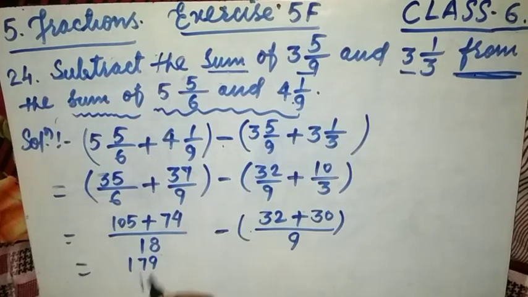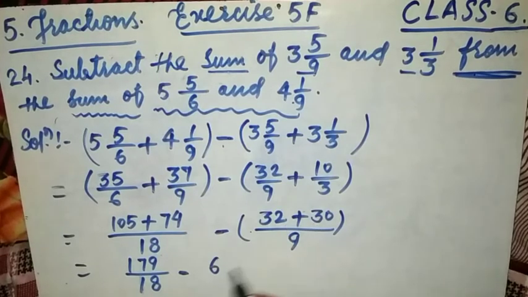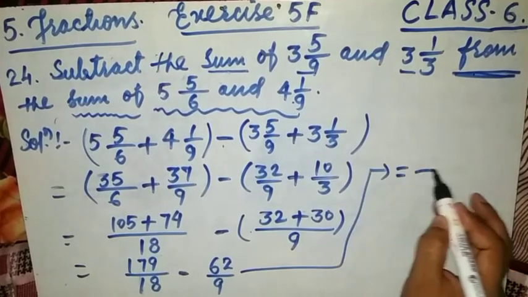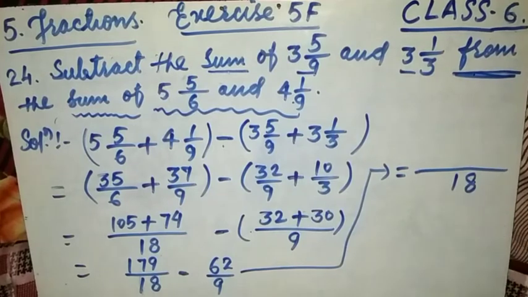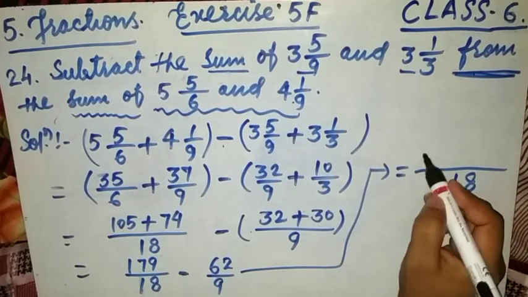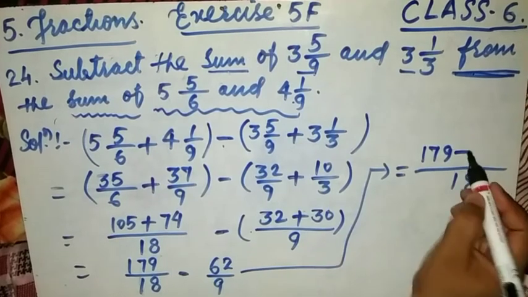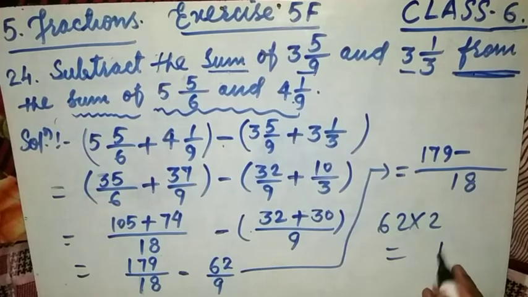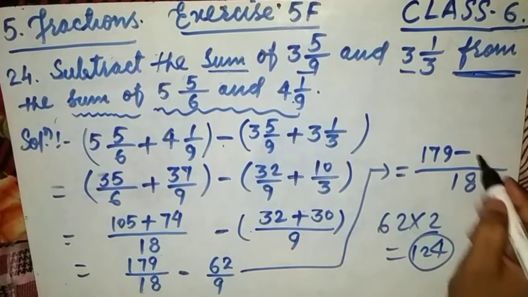Okay, check, this is 18, here is the minus, this is 62 by 9. Once again we will take the LCM of 9 and 18 because this is subtraction of fractions. Over here have a look, this is equal to, take the LCM of 18 and 9. Yes, 18 is the LCM. Now divide this 18 by this 1, 1 multiplied, same as it is, here is the minus, this 18 is divided by 9, 2 multiplied by 62, 124, multiply and check.